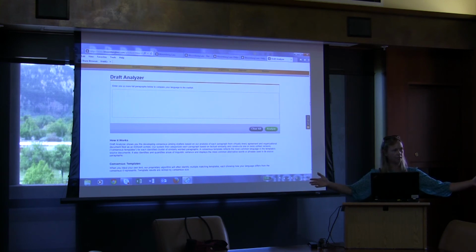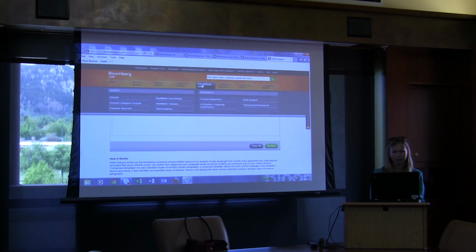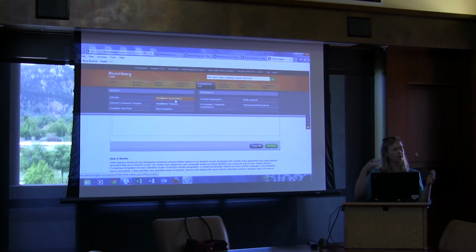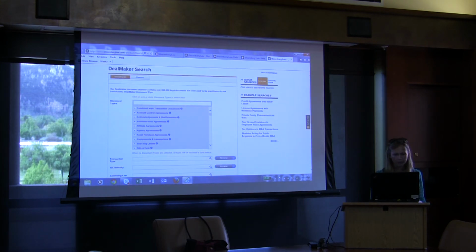wide variety of options. So if, for instance, and let me just jump back for a second to make this make a little bit more sense. I'm going to jump into documents so you can see a document and then it will help you understand how the Draft Analyzer works. So for something like, say, an employment agreement,